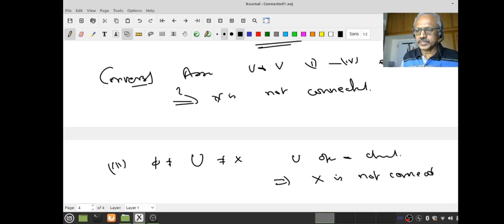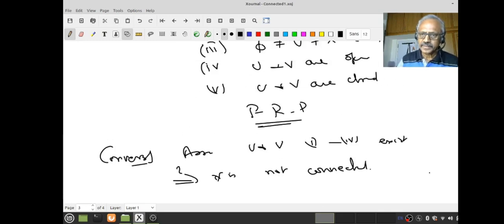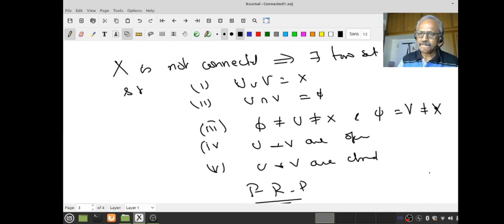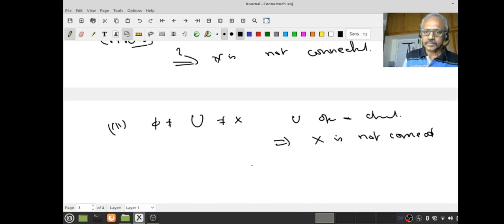When do I say a space is connected? If the only subsets which are both open and closed must be the empty set or X. But you said U is both open and closed, but it's neither the empty set nor X. You follow that? Right. Since these two are there, if you simply say they are non-empty sets, it will follow, but let's not worry about it. Pause, review, proceed.